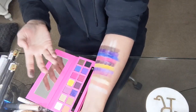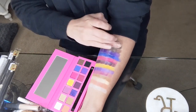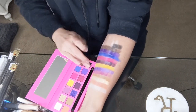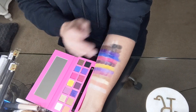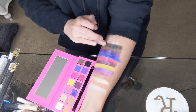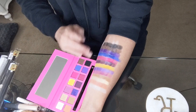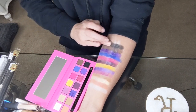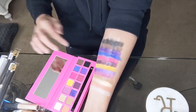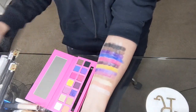And almost like muddy. Last but not least is Beast, which is a black, so okay, well it's sheerish black because that black is really not doing much. Okay, this is maybe the weakest black I've seen in a palette. But you can definitely see the change in texture across the arm with the different primers,